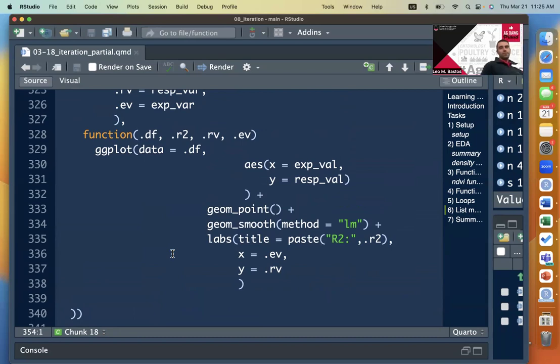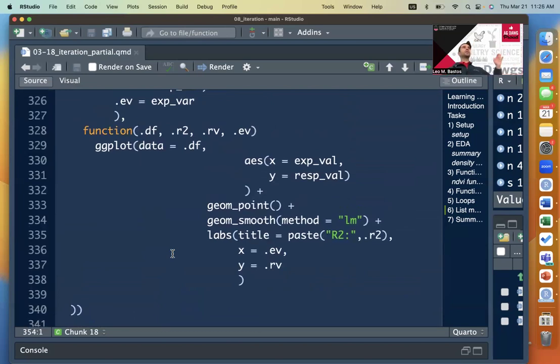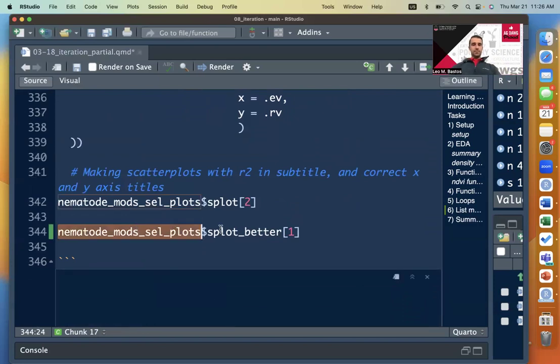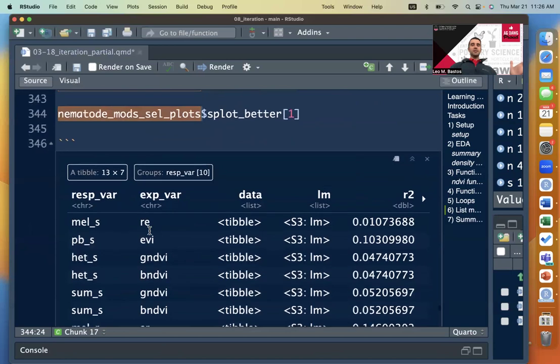Yeah. So, okay. So Pramod is asking, what are the points in the plot? And we're doing a lot of advanced things here, and I would expect for you all to be confused. If you were not, maybe you should be teaching as well. But yeah, this is all very confusing. So Pramod, your question is, what are the points, right? So for this first plot here, the first plot on this row, those points are going to be all the data between mel S and RE. To try to give you an easier visual understanding of this, if we go all the way back